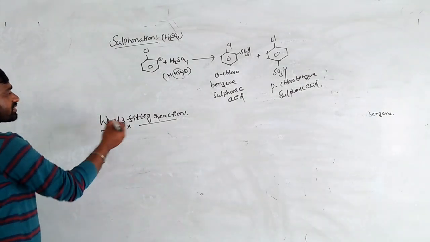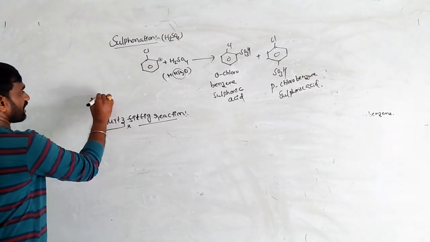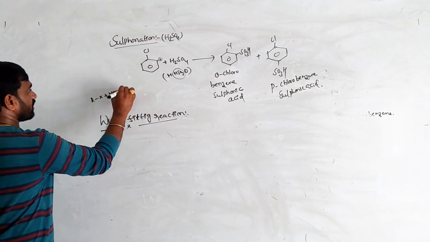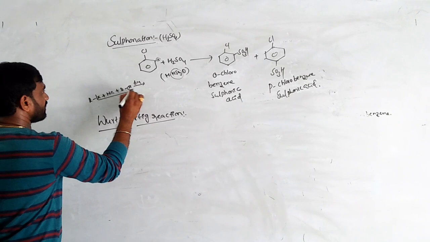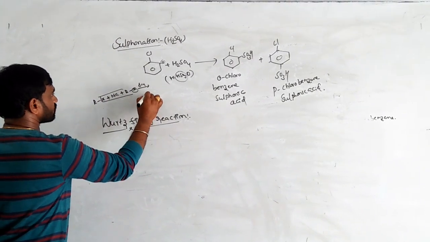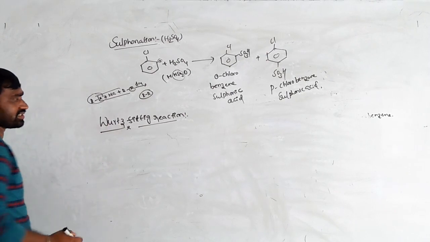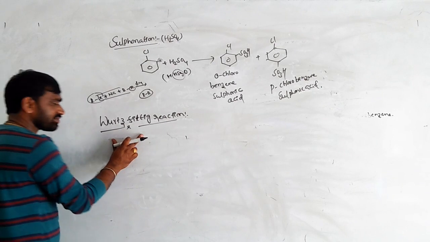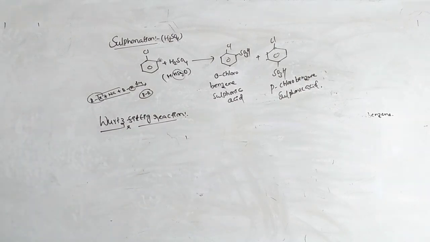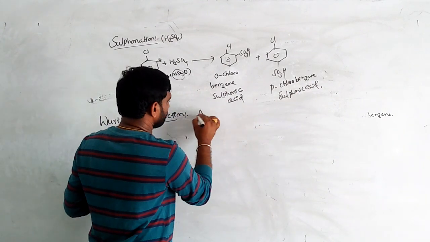Already in the previous classes, I explained the Wurtz reaction. Wurtz reaction means alkyl halides react with sodium metal in presence of dry ether to form higher alkanes, with removal of NaX. Wurtz reaction means alkyl halides. Fittig reaction means aryl halides. Here Wurtz-Fittig reaction means a mixture of alkyl and aryl halides.